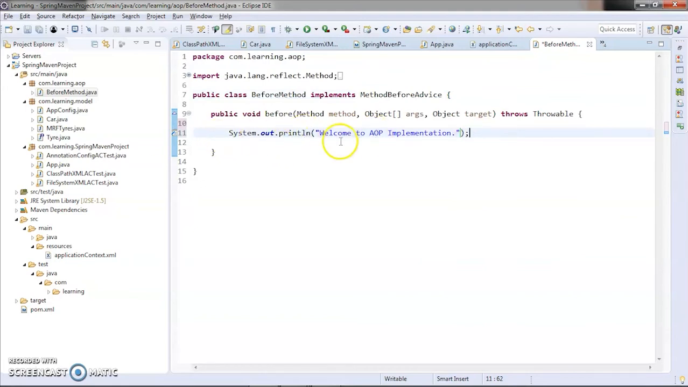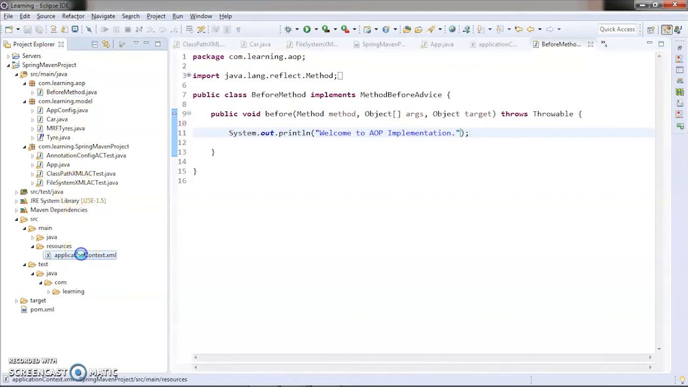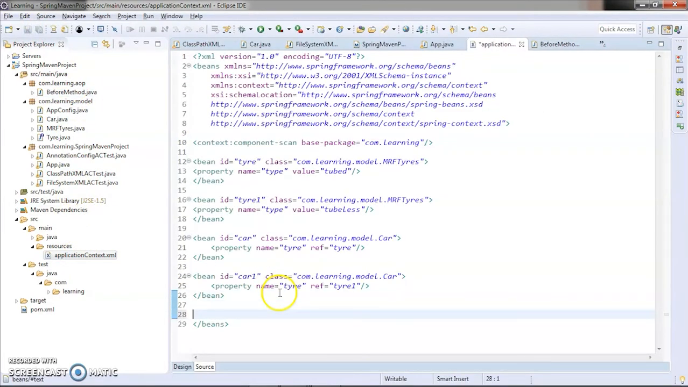So here, as of now, I'm just writing a simple sysout statement that says welcome to AOP implementation. Once this is done, we need to configure this particular bean in the application context.xml file. So we'll come to application context and we'll say bean, id is equal to before method. You can name it whatever you want. Again, I am naming it for relevance so that we can easily relate it to the actual class. I'll say class is equal to